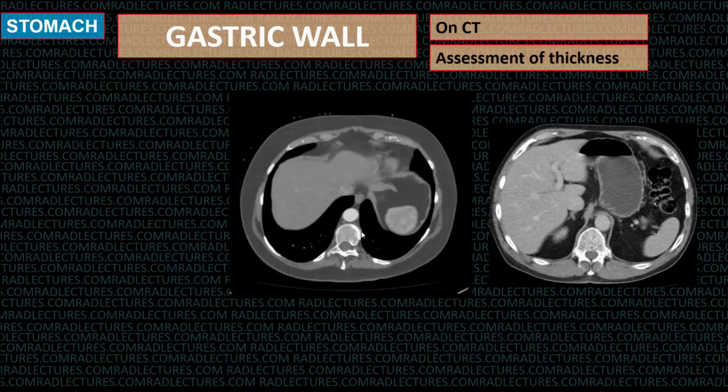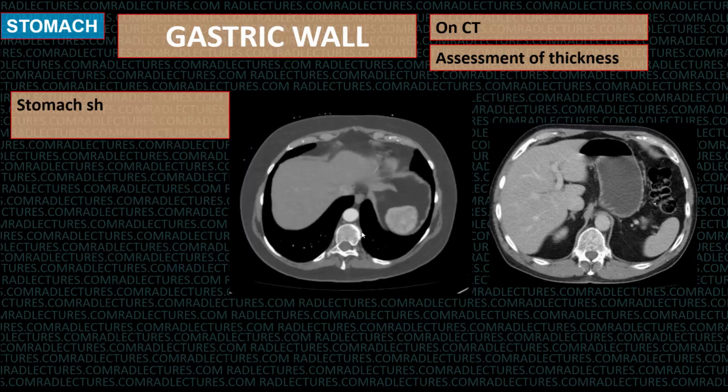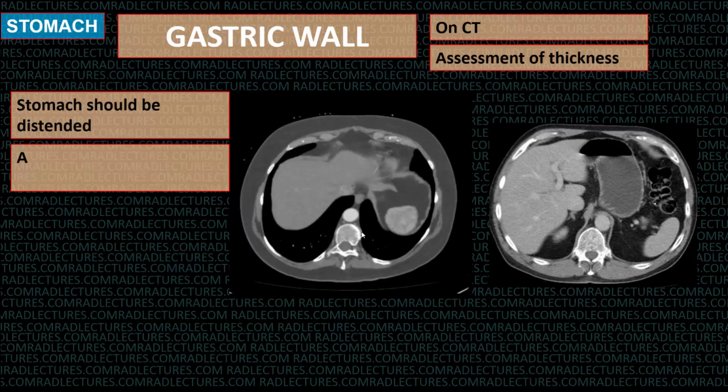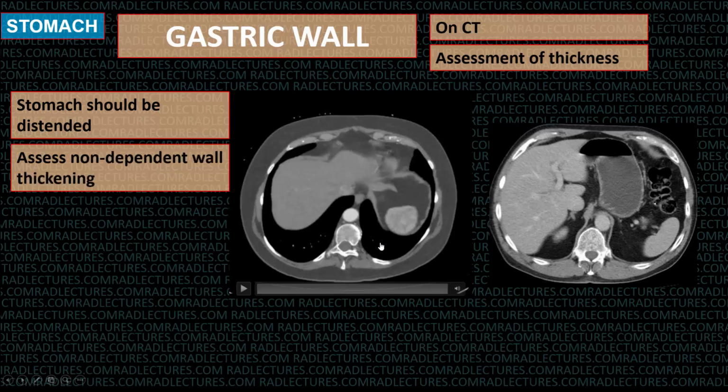So assessment of the thickness can be made on CT, but you have to be careful that there are two conditions that are met. One is that the stomach should be distended, and the second is that you should assess the non-dependent wall